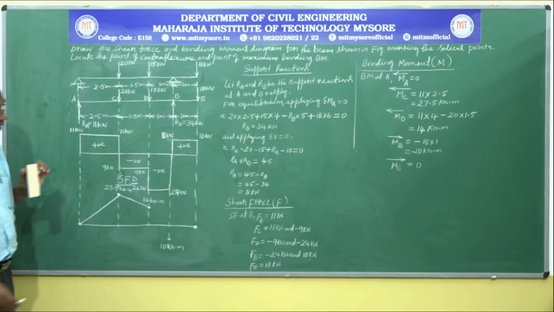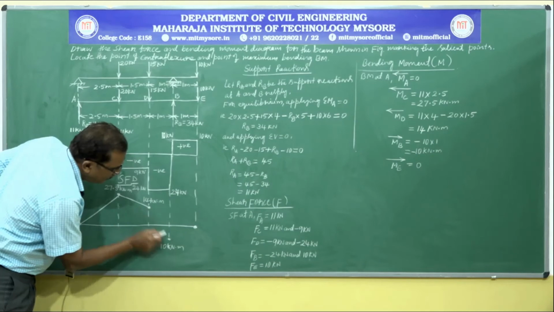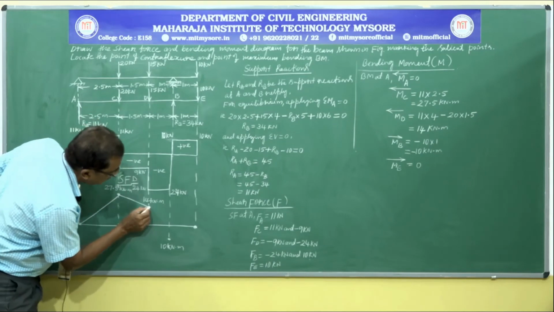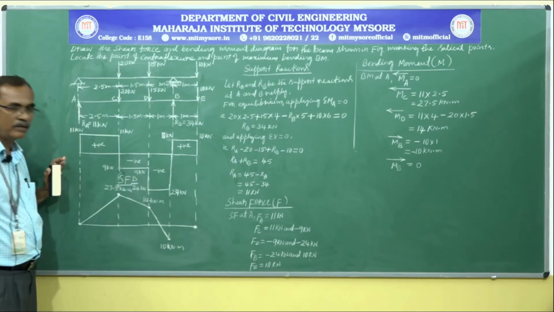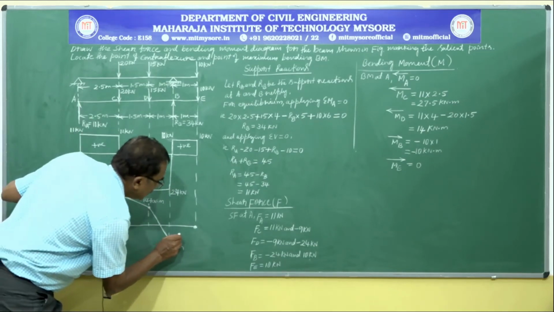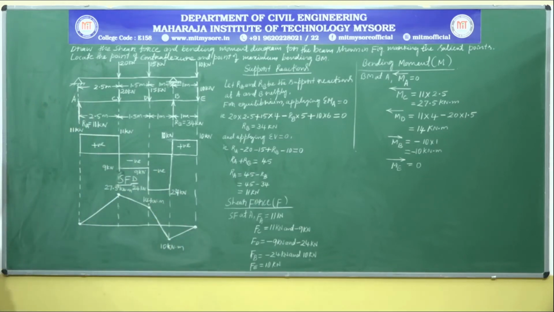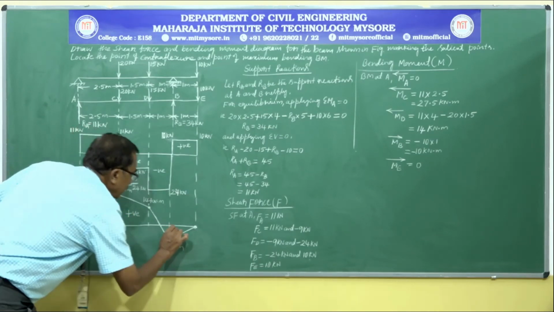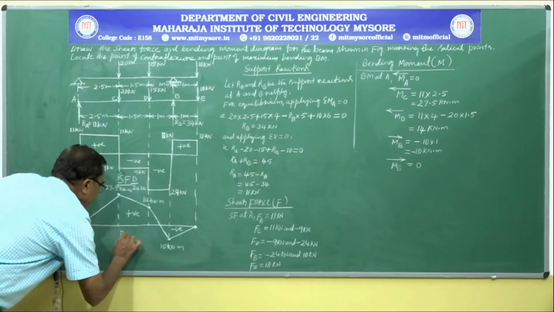You can see here, to join between points D and B, we have to cross the reference line. When we join the points D and B, we cross the reference line. Next, between B and E, no load, the variation is again a linear line. Above the reference line positive and below the reference line negative, to mark it as the bending moment diagram.